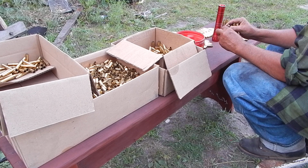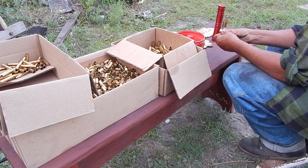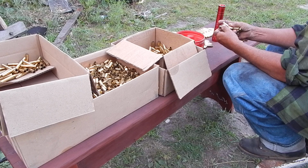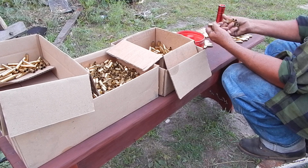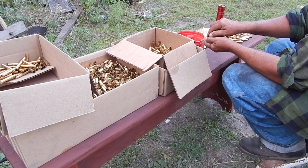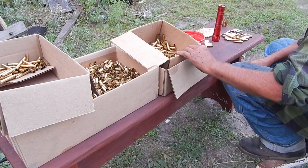PMC, I used to have quite a few of these. I'm sure I still do. You know, says 45.7 government plus P. Well, that is interesting. It's a little different looking. They've got a little kind of a recess cut around the bottom of the rim. Don't know why that is. Well, it'll make it a little easier to sort them out. But the PMC stuff used to be some pretty hot loaded 4570. I don't know if you can still get it,